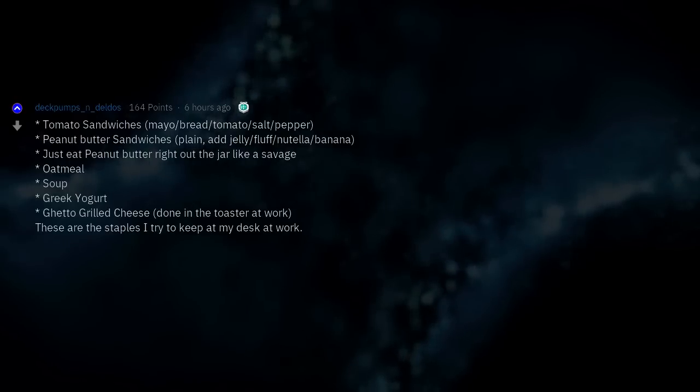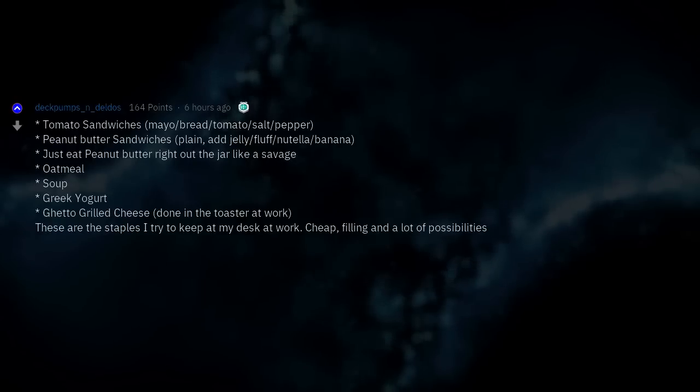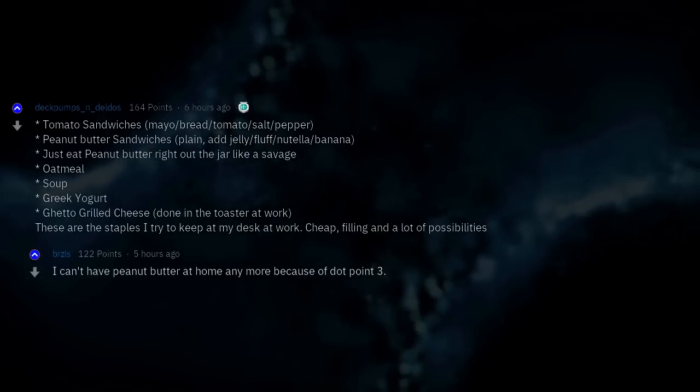These are the staples I try to keep at my desk at work. Cheap, filling, and a lot of possibilities. I can't have peanut butter at home anymore because of